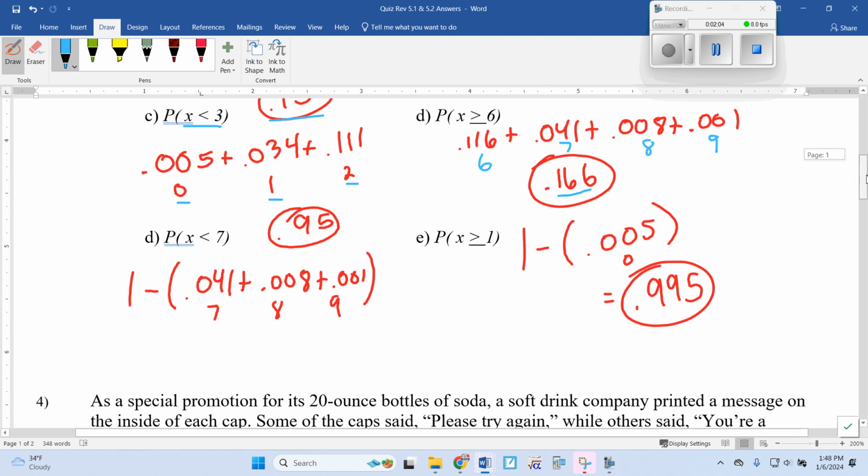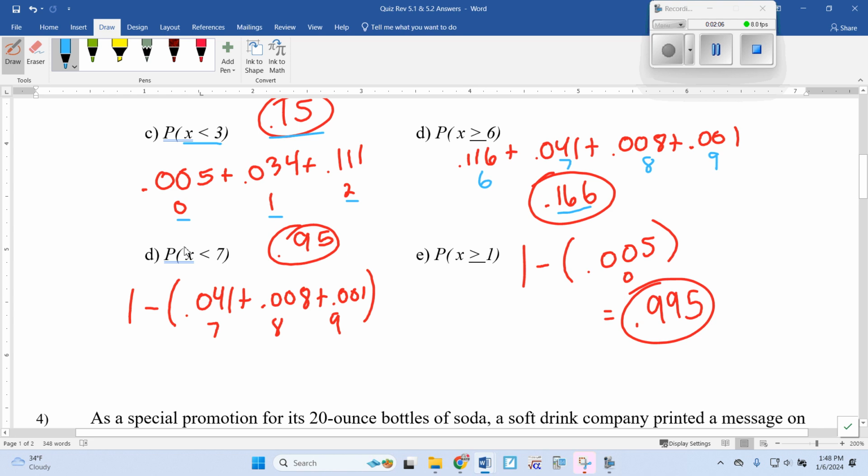If we have less than 7, you could do less than 7 by finding what's 0 plus 1 plus 2 plus 3 plus 4 plus 5 plus 6, and you can add up all 7 of those numbers to get your answer. Or an easier way that we've looked at before is you can just look at the ones greater than or equal to 7, 7, 8, and 9, add them up, and subtract from 1. Both ways will work. Both ways give you the same number. You're just looking at which one maybe would be a little bit easier